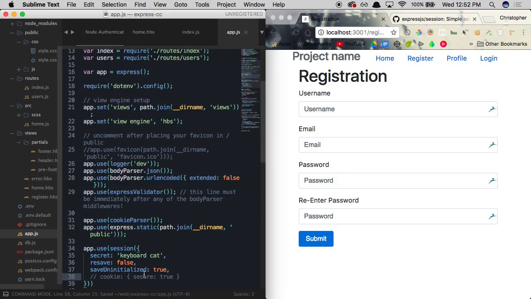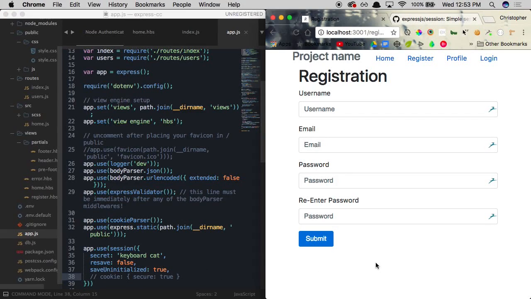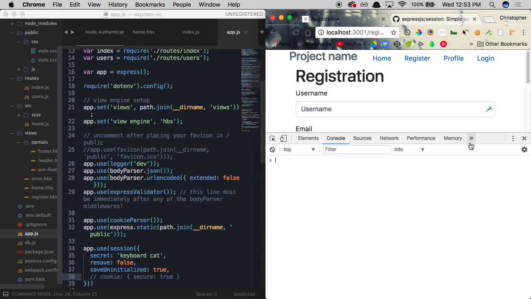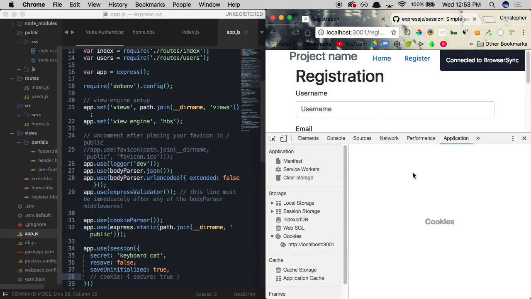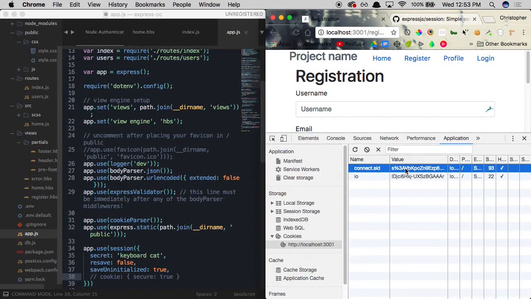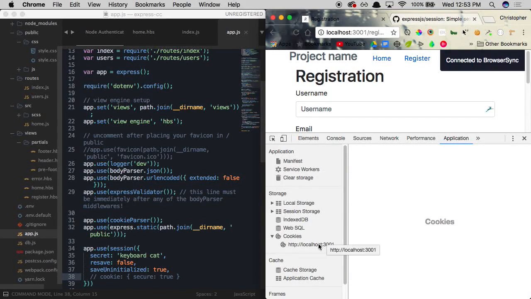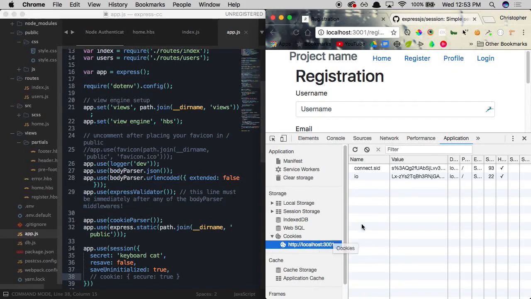Once we save this and refresh our app over here, we should see a cookie being listed out now that we installed and initialized our express session package. So let's look within our application, refresh the page, and click on our cookies. I want to make sure that this isn't from a previous test, so I'm going to delete the cookies in here and refresh the page again. Now if I click on this cookie right here,